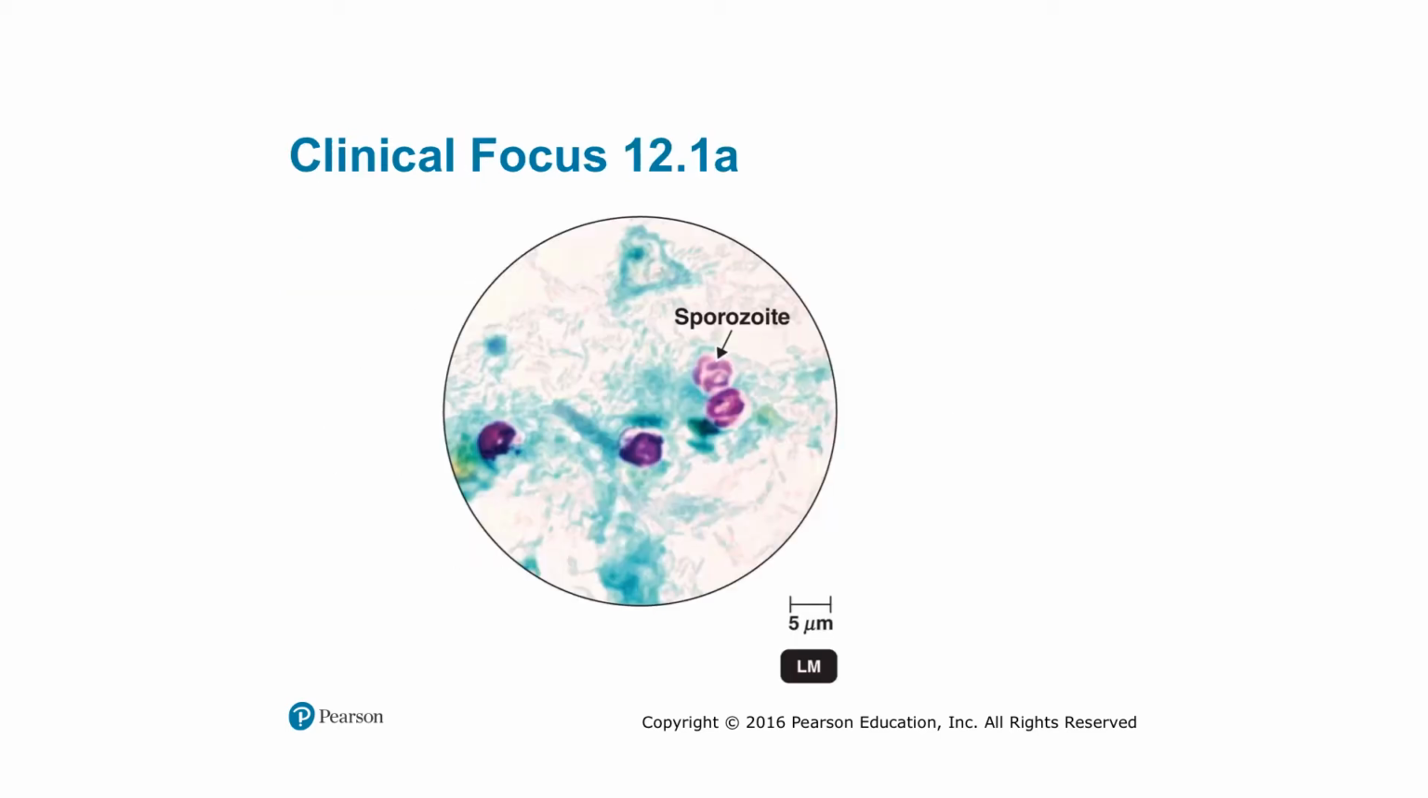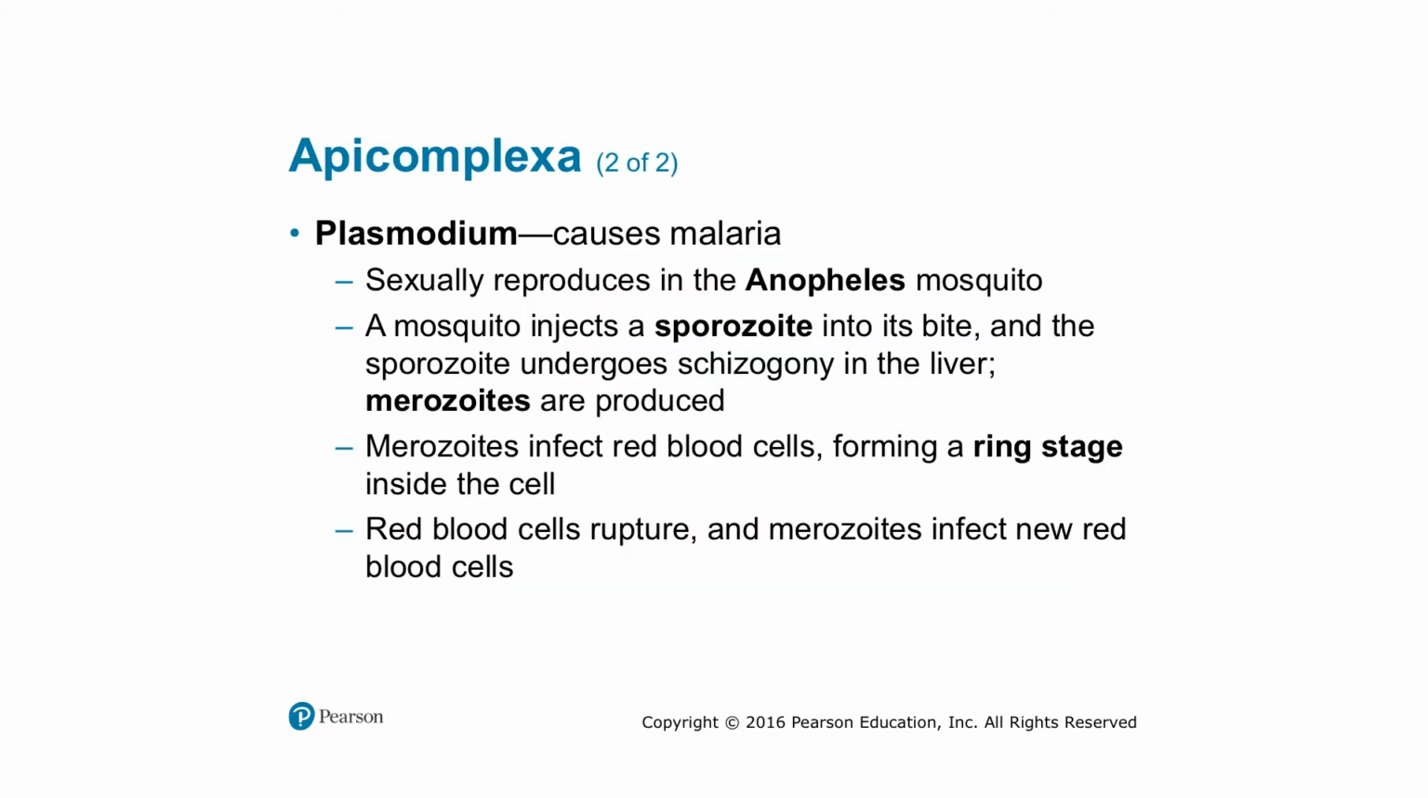So this particular species here is some type of Cryptosporidium species, and this is the sporozoite in a fecal smear. So this can cause diarrhea, and it's not fun for anybody, but this is one of the most common causes of foodborne illnesses. So Apicomplexa, the Plasmodium, this is going to cause malaria, and they sexually reproduce in the Anopheles